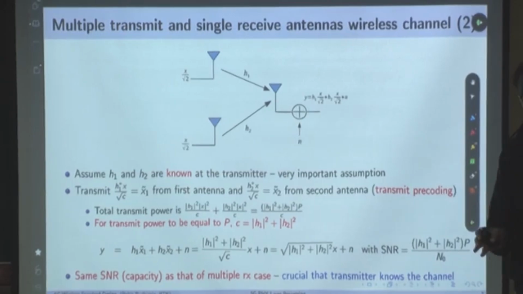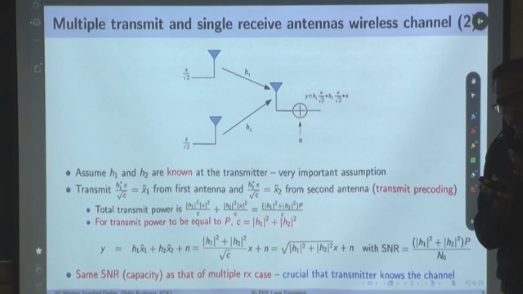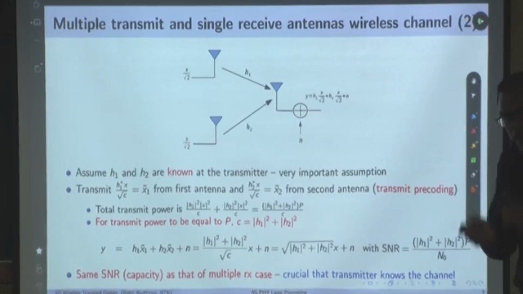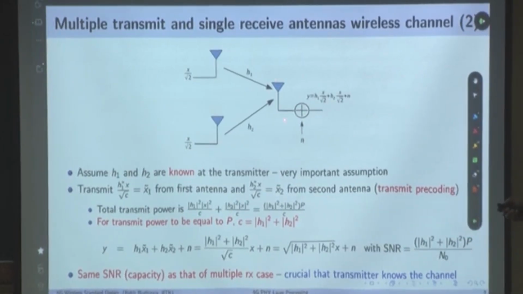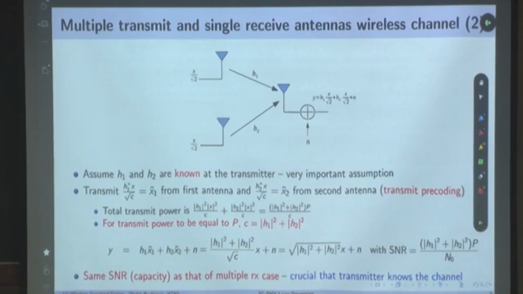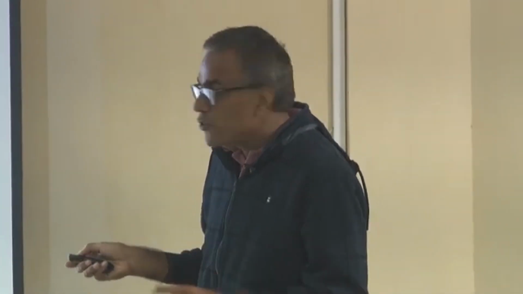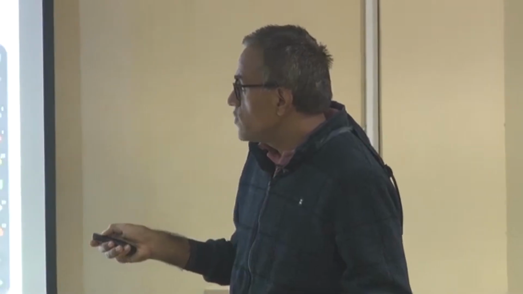So, the key point here is it does not matter whether you have multiple transmit antennas or multiple receive antennas, provided the receiver and transmitter have the channel information, you are going to get exactly the same capacity. This scenario is crucial for downlink because the base station has multiple transmit antennas. What does the user need to do? It needs to estimate this channel H1 and H2 and feed it back to the transmitter,